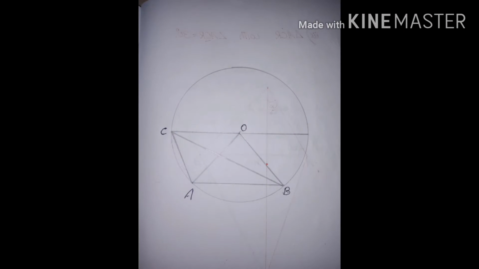This is the required triangle. Here point C touches the circle, and that point is already on the parallel line. So for triangle ACB, you have to join C to A and C to B. After joining the points, you will get triangle ACB. That triangle will have the same area as triangle AOB, and the condition is also satisfied. What was the condition? All three vertices on the circle. A is on the circle, B is on the circle, and C is also on the circle.